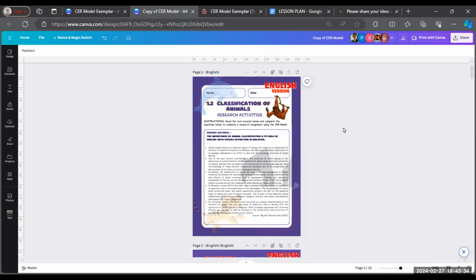Okay, now class, for the second task, what we have to do, I already gave you the worksheets through your group leader, and it is the article. I think it is not a very short or very long article. It's about the importance of organism classification, contributing to extinction of animal species in Malaysia. So class, okay,